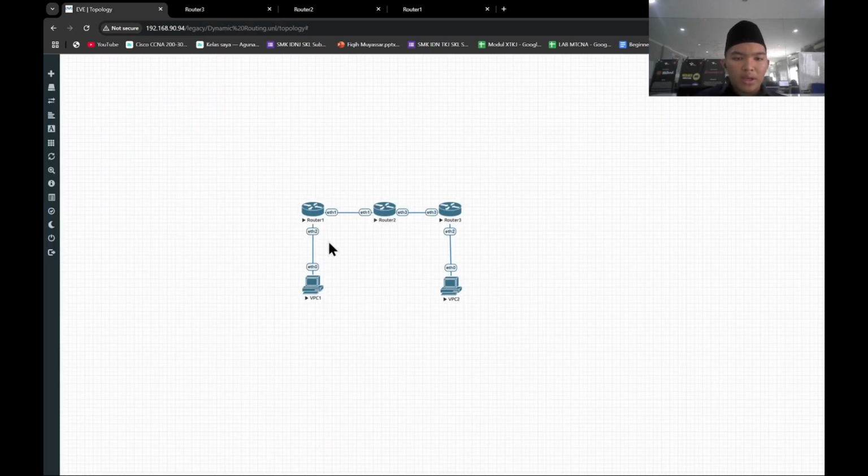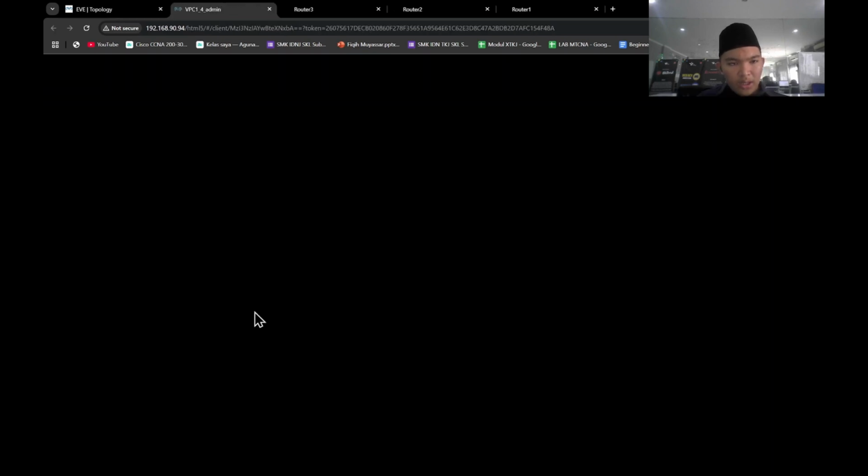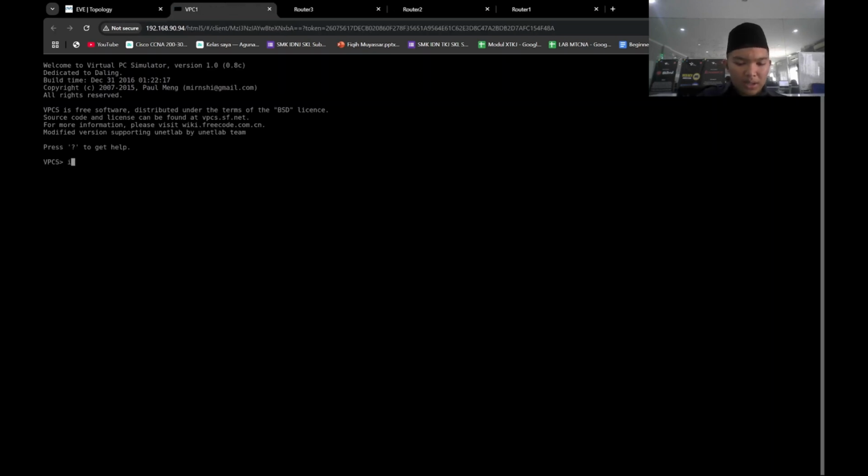Okay, we're already done adding IP addresses in the routers, and next I'm gonna set up the IP in the PC, like this. 192.168.1.2, with the prefix same like in the router, and then the gateway is 192.168.1.1.